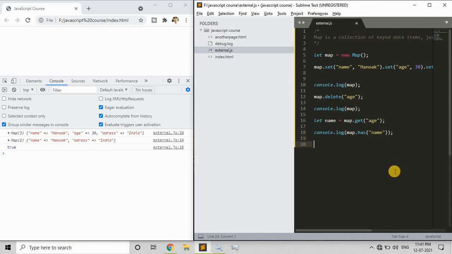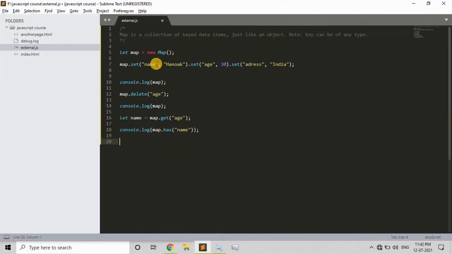Now let's go further. The next thing is how to count the number of elements in this map.